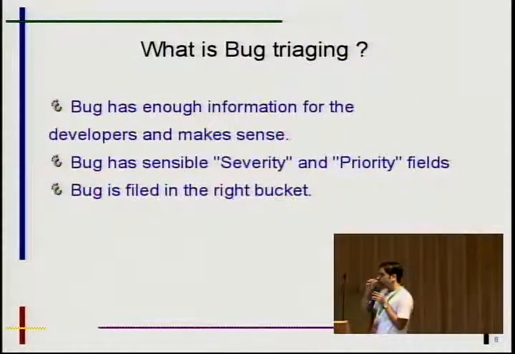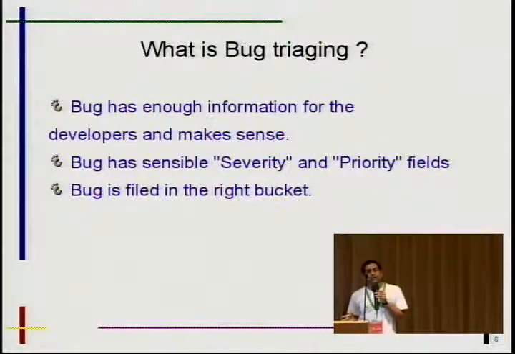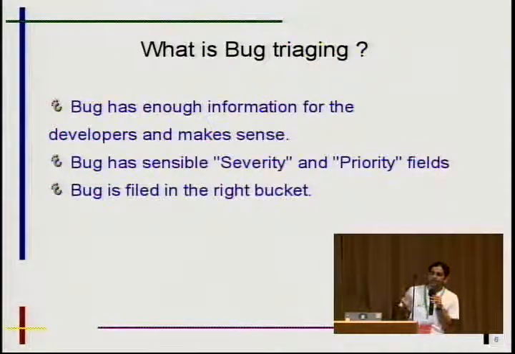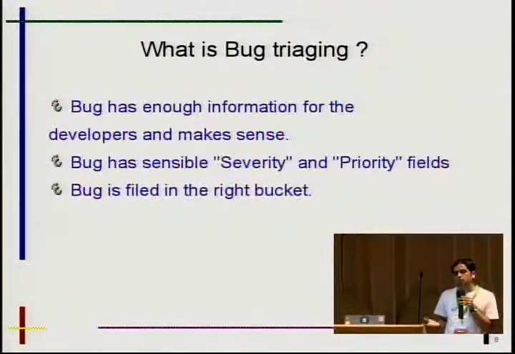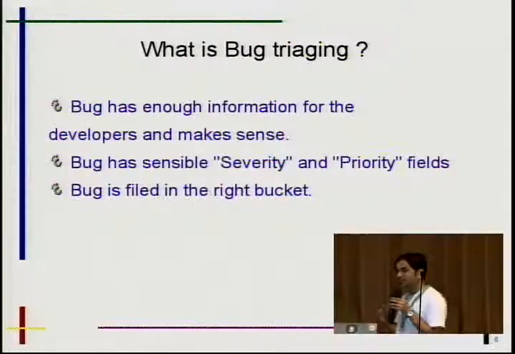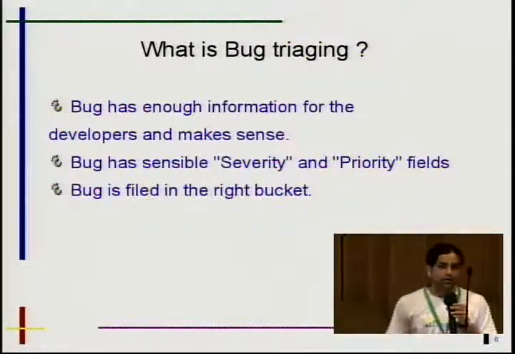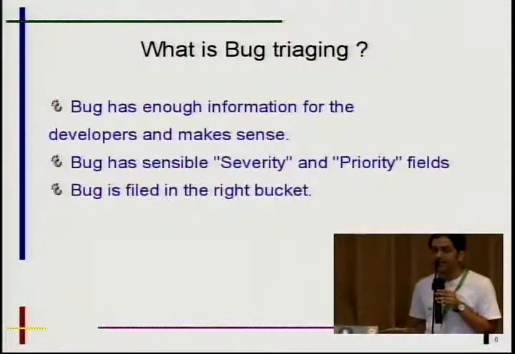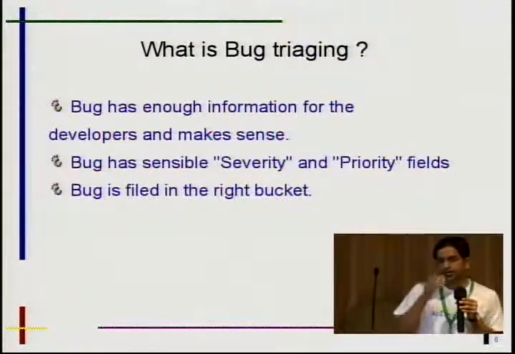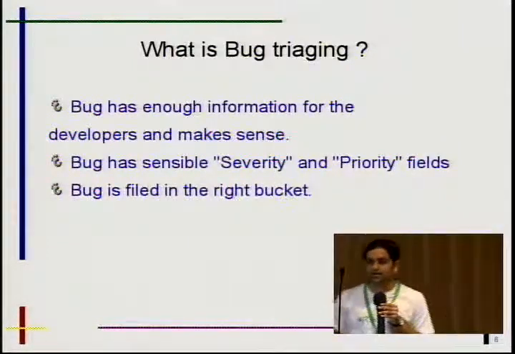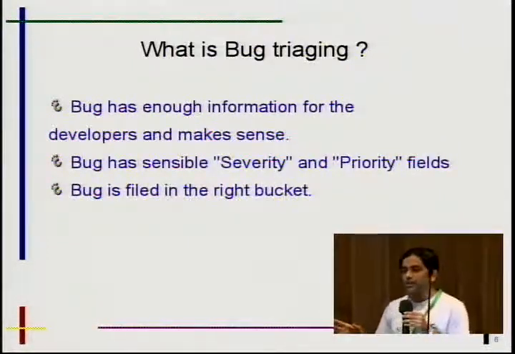So it may be that you are getting a crash or a function is not working in Evolution. It won't be a major problem of Evolution; it can be a dependent library problem. Any user who is not experienced enough will file the bug against Evolution as a component. But when you are doing triaging, you can find the right cause of that bug, so you can move it to the right component.